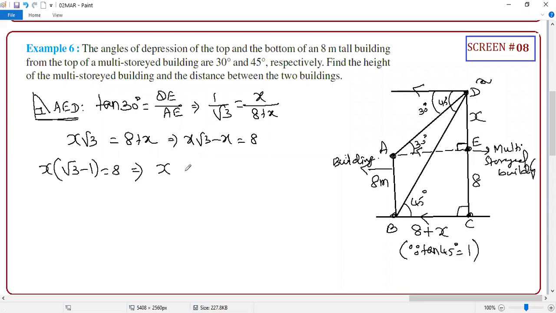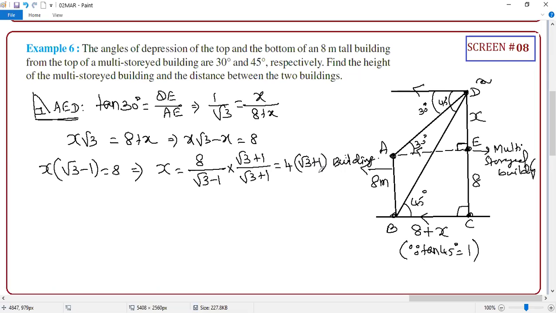Done. But still, that denominator is an irrational number. It's common sense, students: the denominator should not be an irrational number. So you have to rationalize the denominator. A minus B times A plus B is what? A square minus B square. So 3 minus 1, 2. 2 cancels with 8, 4. So can I write directly? This answer is 4 into root 3 plus 1. Agree with me or not?